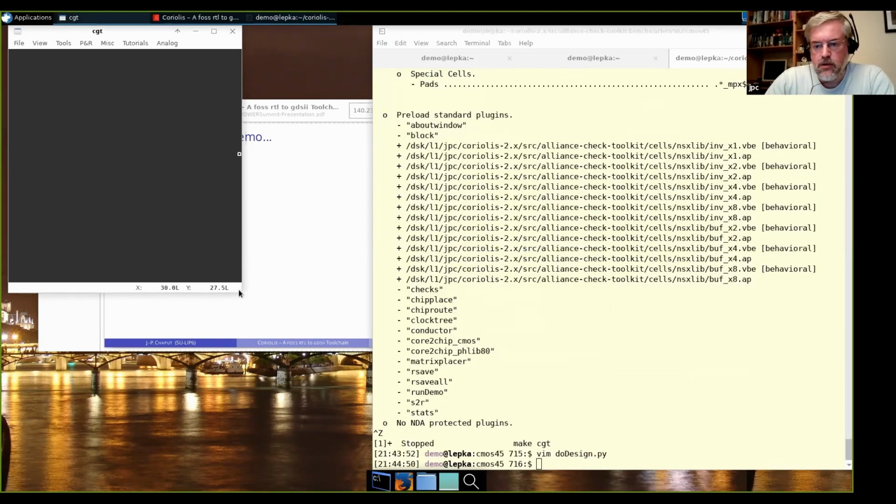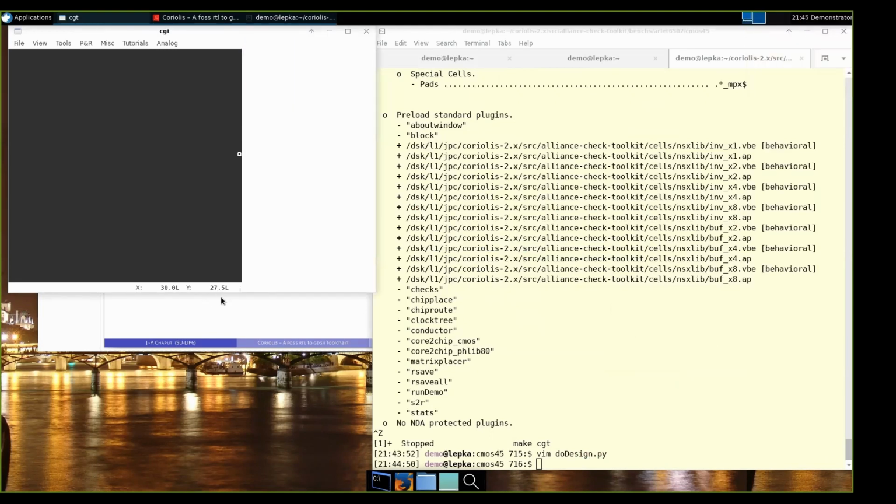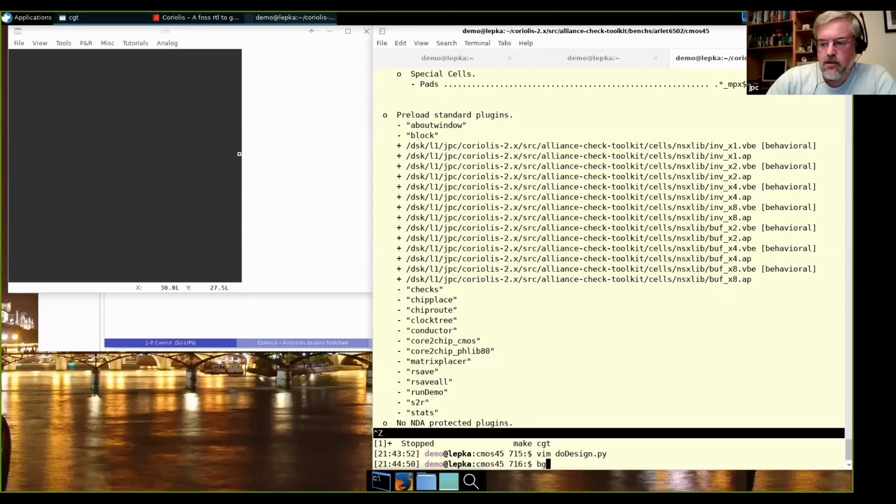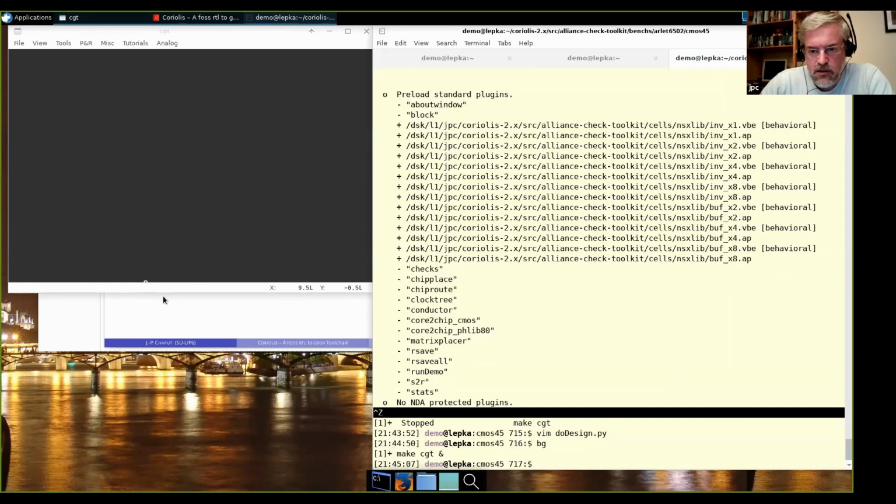my example. I hope I will be able to grab the handle. Background make CGT is stopped. You're right. Yes, works better. Thank you. The handle is too